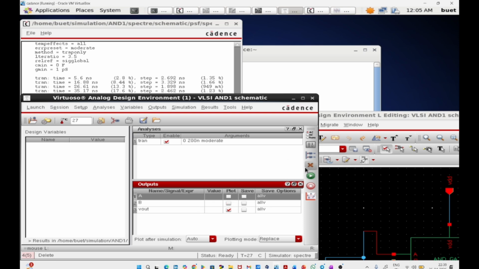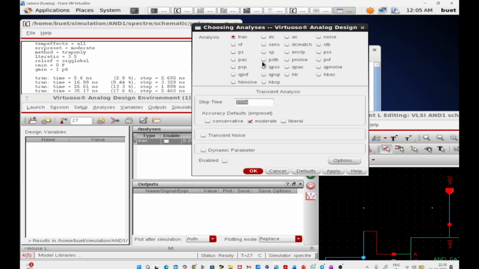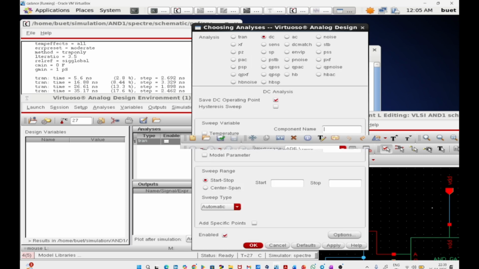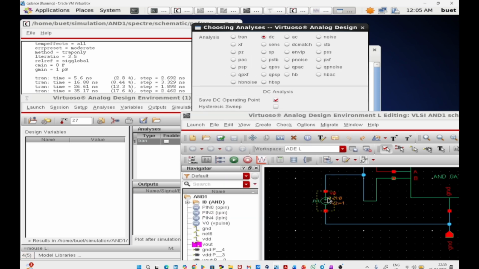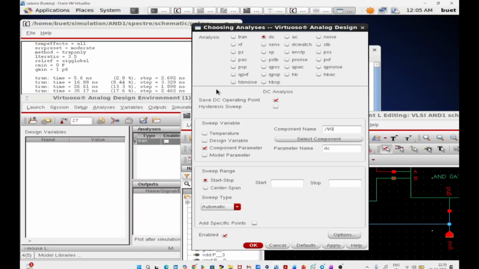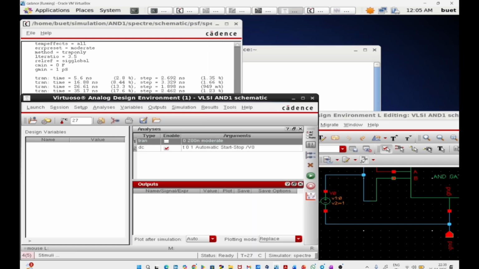then come to here, then remove this, then click on delete, remove this, remove this, then disable the transient analysis, then click on the analysis, then click on choose, then move to the DC, save DC operating point, component parameter, then click on select component, then click on here, then click on DC, VDC, DC voltage, then click on OK, then click on here, give the start as 0 and stop as 1, then click on apply,